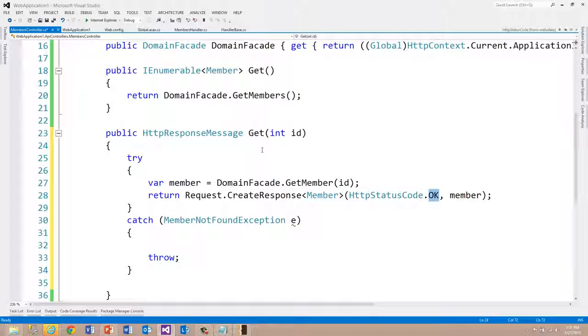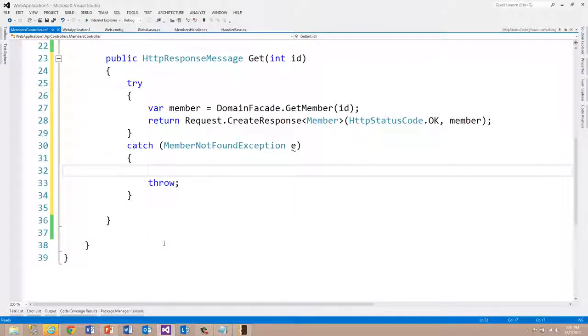No, sorry, my mistake. I got confused. This is for the Post. It handles all of the requirements. But when there's an exception, what do we do? So when there's an exception, first of all, we want a response message,